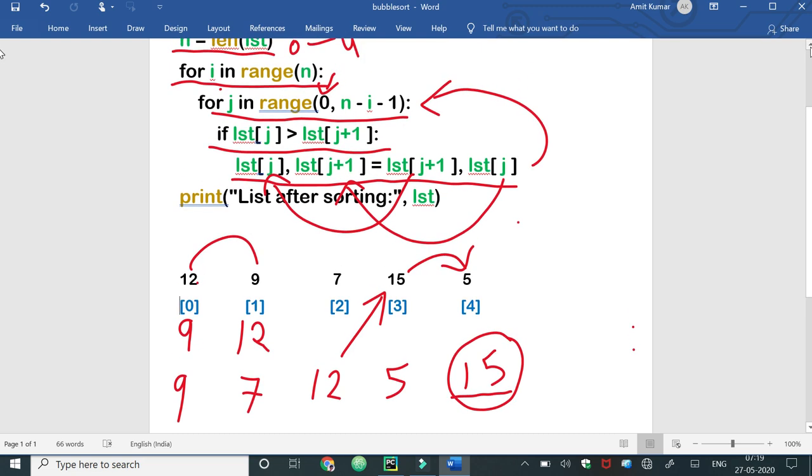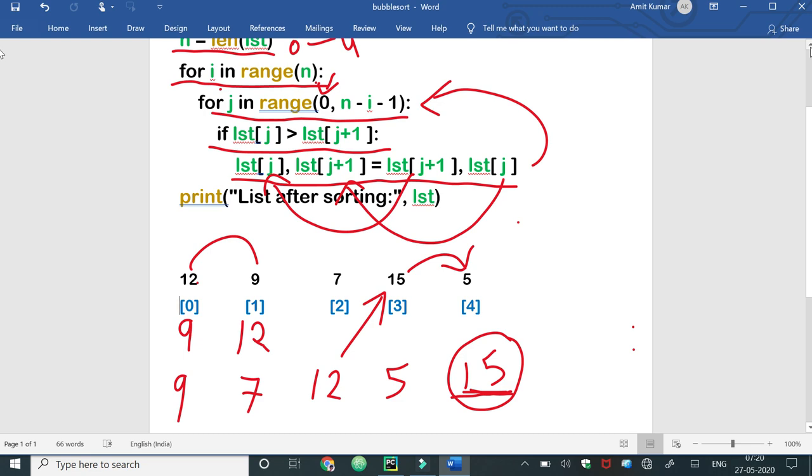when the outer for loop will get executed for the value 1, then again 1 is less than 5, yes, then j will get reinitialized with the value 0, and j is not going to compare this last value of the list.